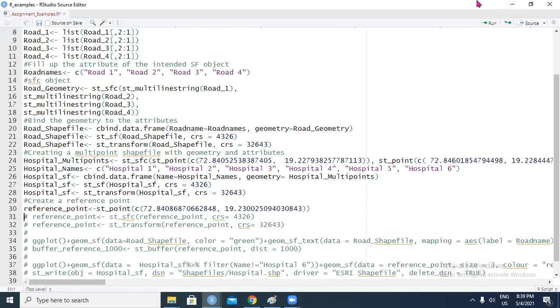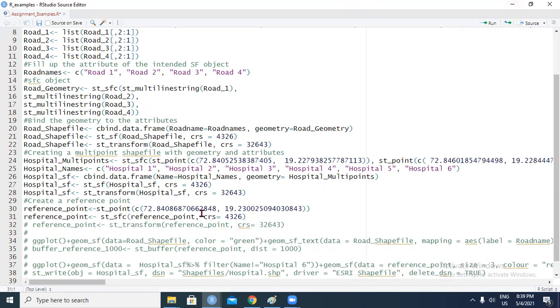Obviously, you could make it into an SFC object, but in this particular case, since it's just a single point, I've not bothered to make it a simple features object. The geometry is enough for us.